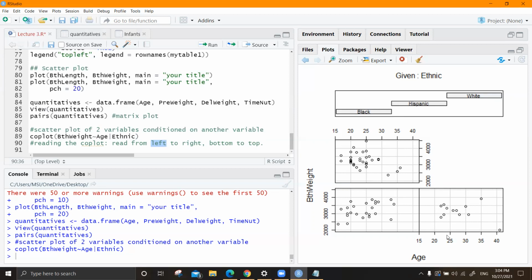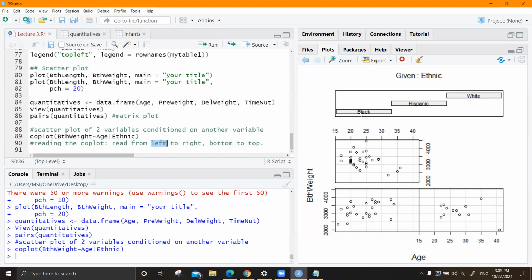So this is gone now. This plot is for this one, right? Then bottom to top. Which one is bottom? This one. So this particular one is going to be Hispanic. Then the rest leftover is this one.